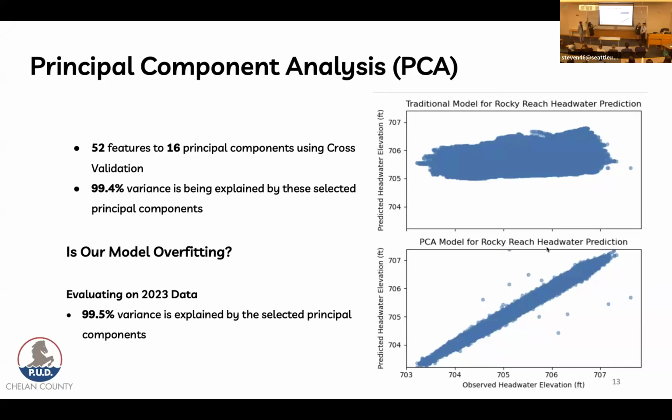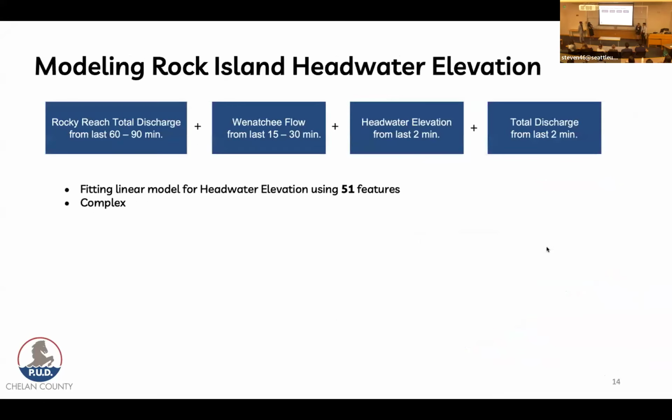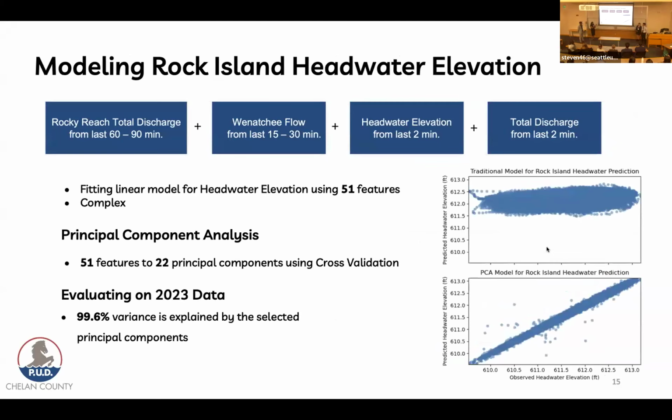A similar approach is used for Rock Island, and even that gave 51 features. And to reduce the complexity, using PCA, we found 22 optimal components, and evaluating on 2023's data provided 99.6% variance